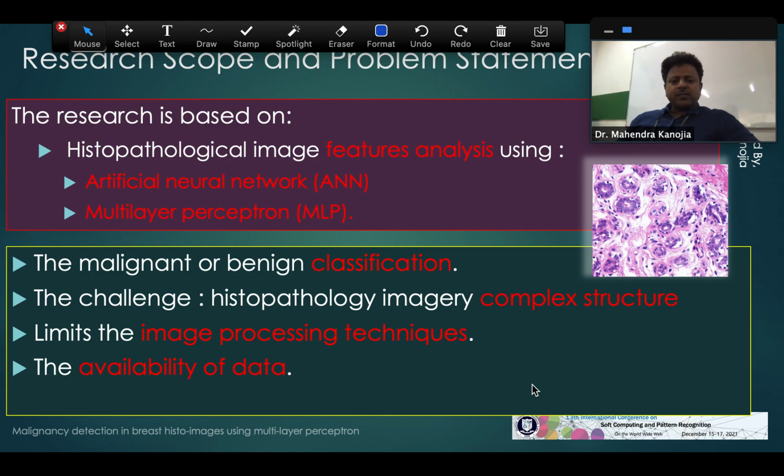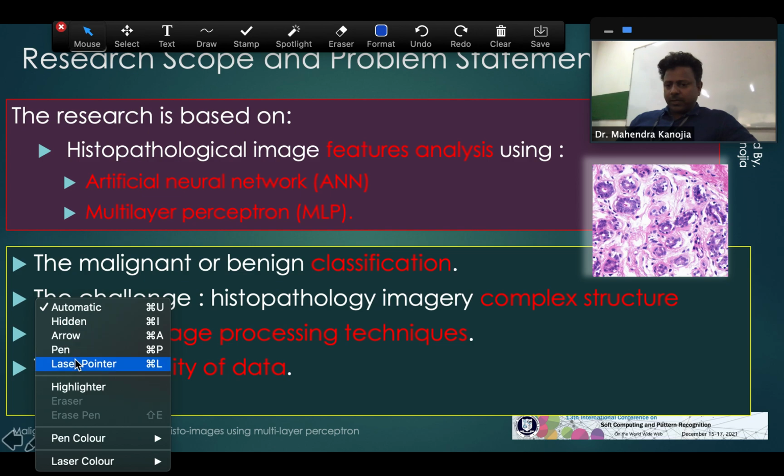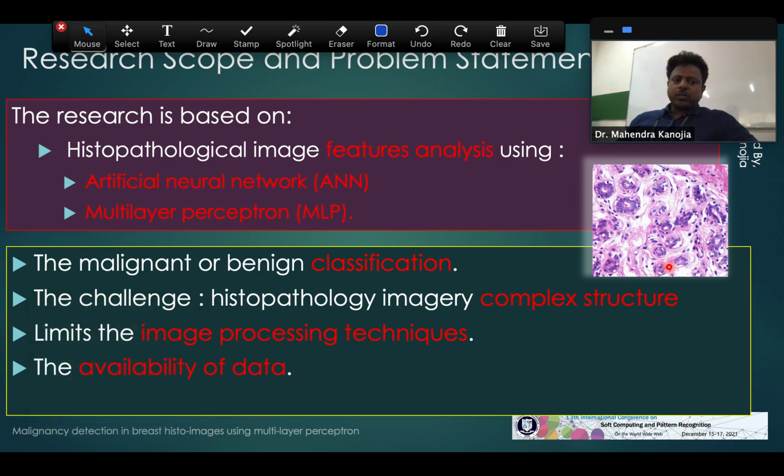The first challenge is about the histopathological imagery. If you can see over here, the histopathological image is quite a complex type of image. To identify the nucleus from this image is not a simple image processing step.